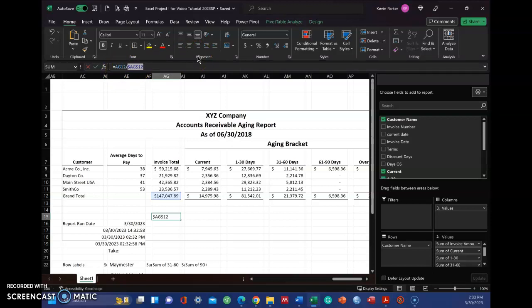So you can hit F4, and it automatically puts a dollar sign in front of the A and after the G. You could have gone in here and put your own dollar sign before and after the letters AG if you wanted to, or you can hit F4 and it'll do it for you. Now, when you copy this over,